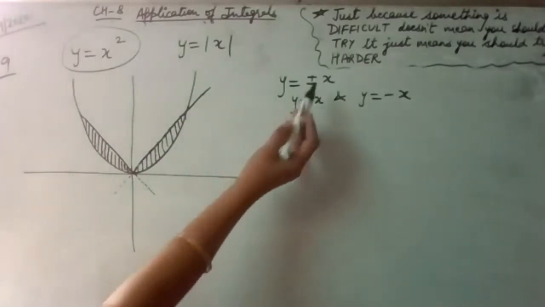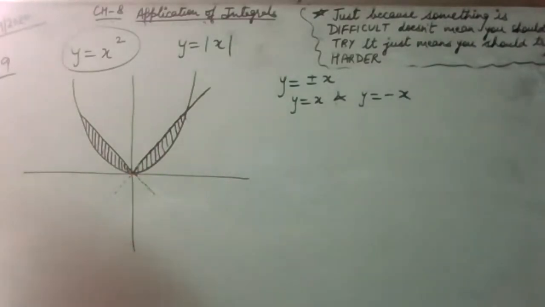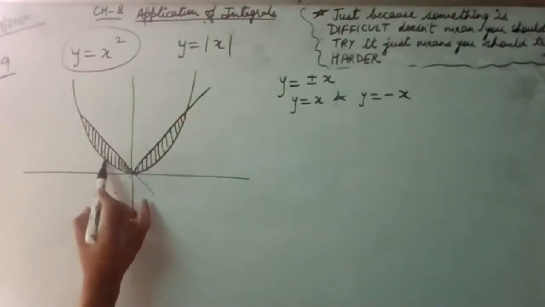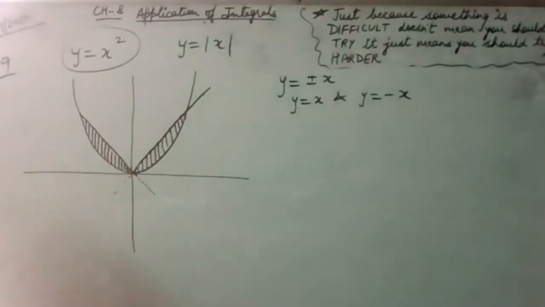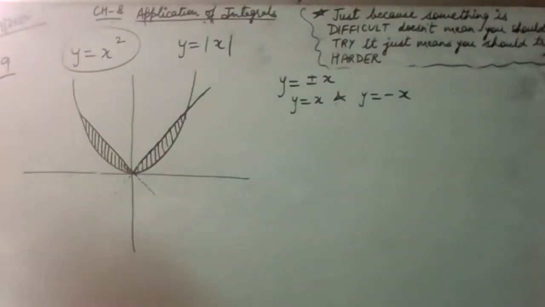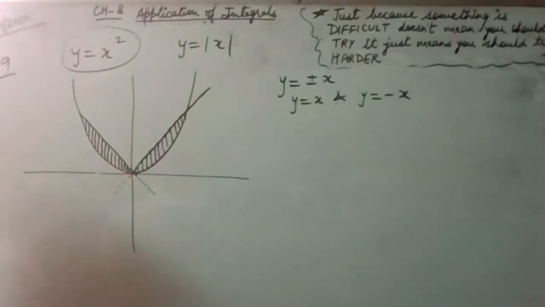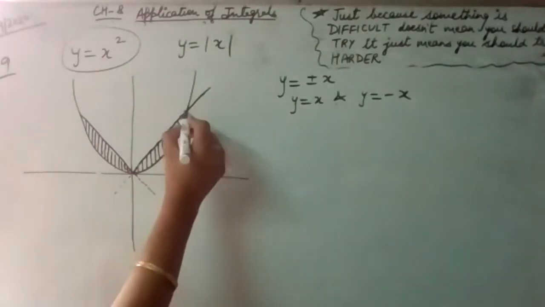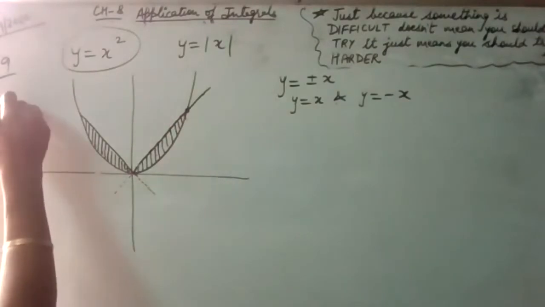And if we look here, both are similar, but one is on the negative side and one is in the first quadrant, where both x and y are positive. So this area will be symmetric since the parabola is symmetric along the y-axis. So area 1 and area 2 are symmetric. So again we can find the area in the first quadrant and take twice of that. But before that we need to find out the intersection point. Very important question.